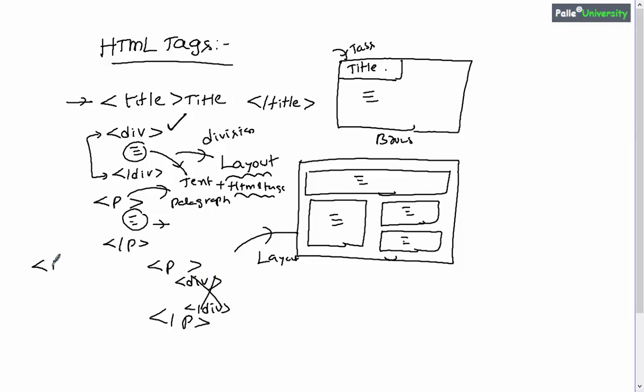But anyhow, the reverse is possible. If you have a div tag, you can place one or more p tags inside the div tag. That is possible. That is the reason why in general a div tag is considered a container. Container means it can contain something. So it can act as a parent for some other containers or for some other elements. Now let me come back.